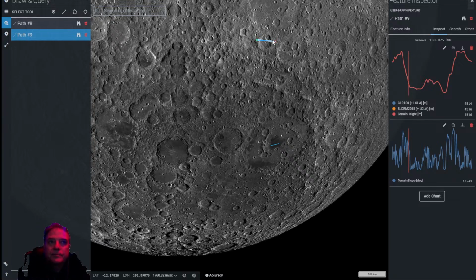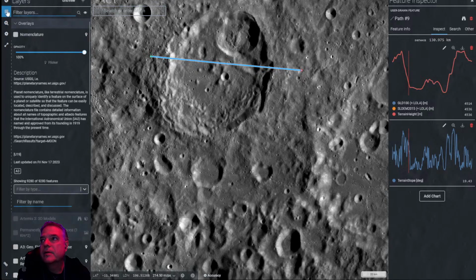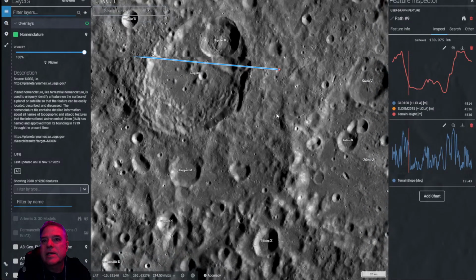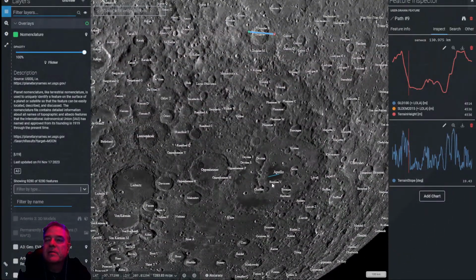So let me do the nomenclature again. Let me go turn on our nomenclature. Doppler is the crater. It might be here. It might be right here. Now, it doesn't look like it had anything to do with this down here. I grant you. But the